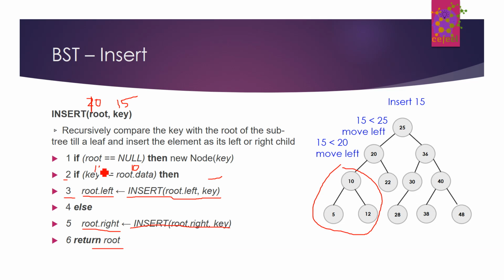So this condition is not true, due to which it will go to the else condition and it will insert to the right subtree, which means it will insert over here. So 15 is greater than 10, so we will move right and then we will reach 12, and then this 12 will be passed over here and 15 will be passed over here. So this will make another call to 12's right subtree,